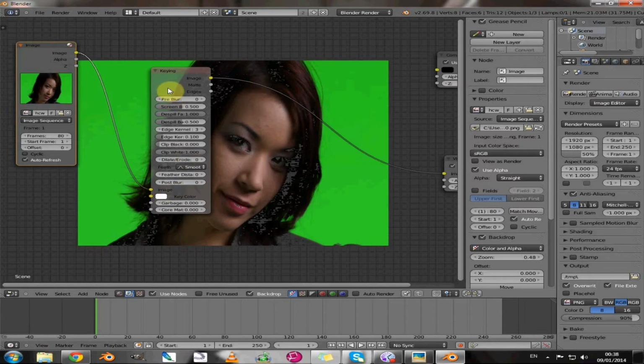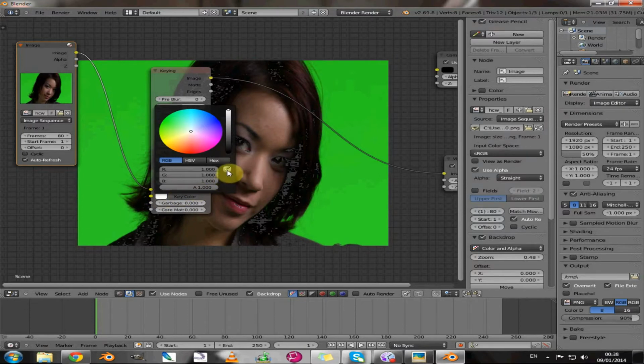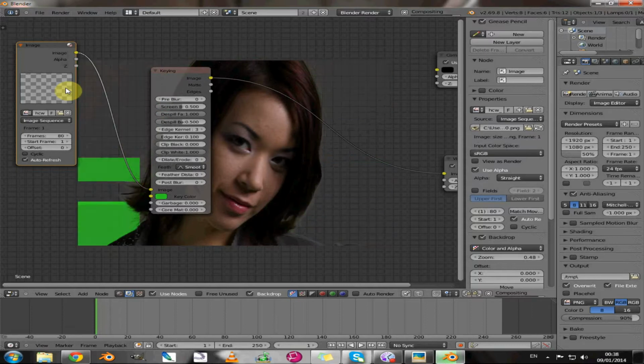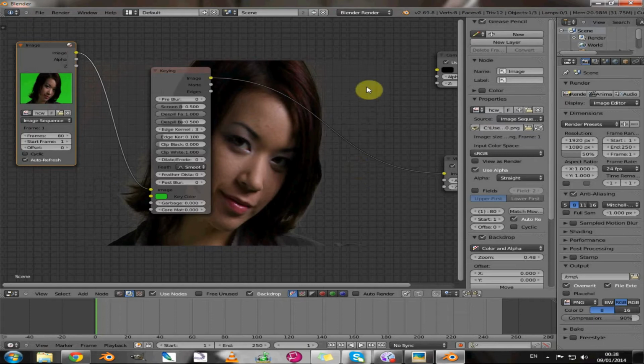And now, because the keying node is actually already on there, we might have issues with the colour in the rendered view. So I'm going to take the colour directly from the original image and view it from there. If I press the key colour, I get this colour wheel, and under the colour wheel we have this little pipette colour picker. So if I click that, and if I click in the viewport here, it'll give me a nice green,